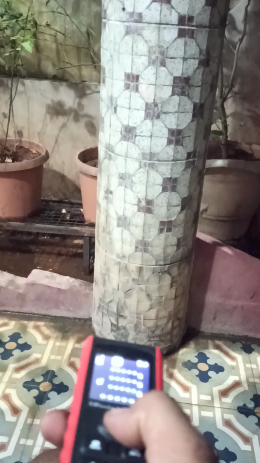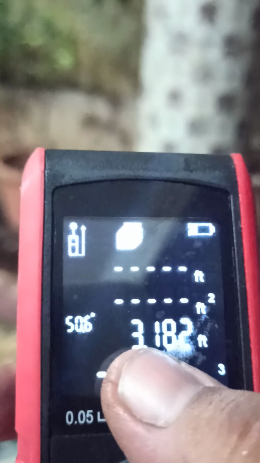Because the light was off, it turned on. Because I think in between it automatically turns off for optimizing power. So I press the button, it does the measurement, then it says tick. That means I am done with my job, it is basically telling me. And therefore it says 3.1 feet.